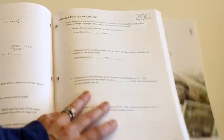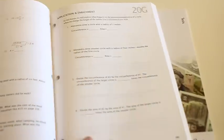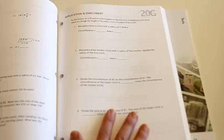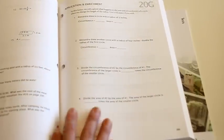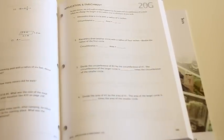grade. I do not grade their worksheets on a daily basis because I am helping them through it. I'm making sure that they've mastered the concepts. By the time they're done with this worksheet, it is 100% correct when they turn it in. So they'll work the worksheet on their own and then they'll turn it into me. I will grade it, and then if they have any incorrect problems, then I sit down with them and we